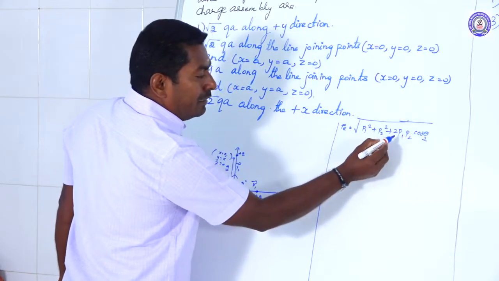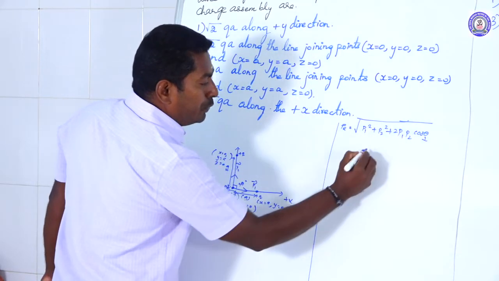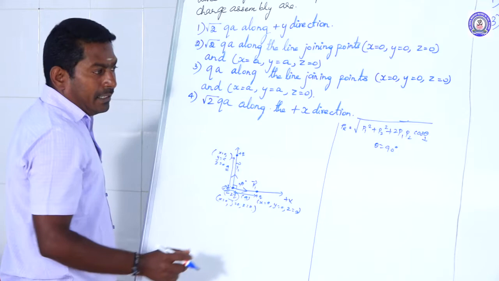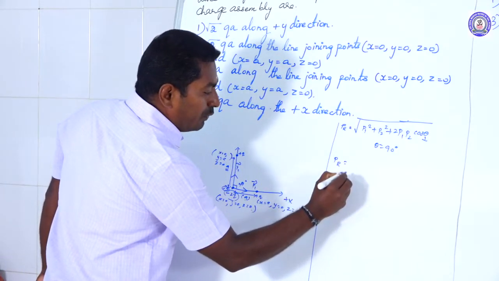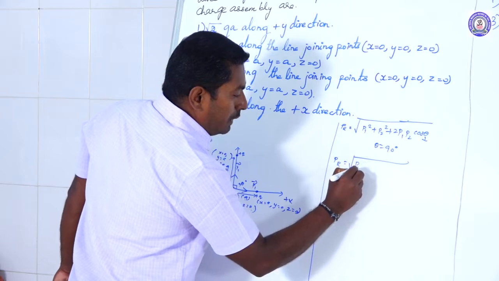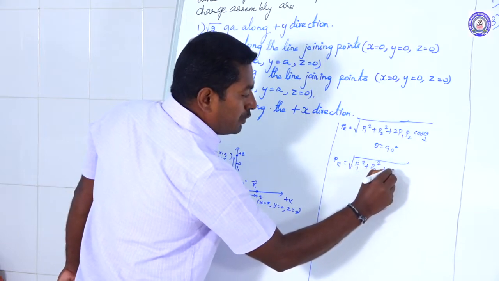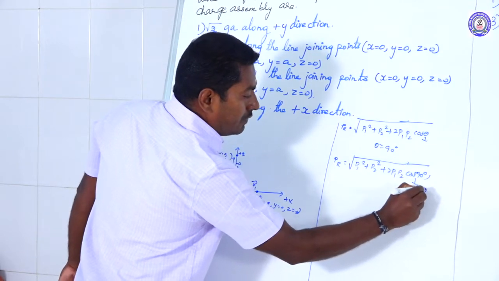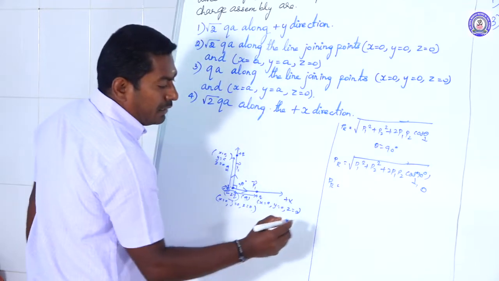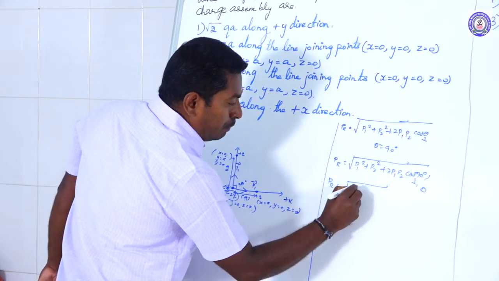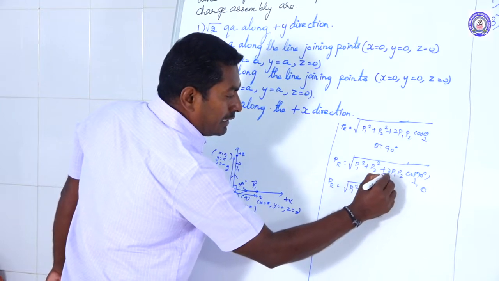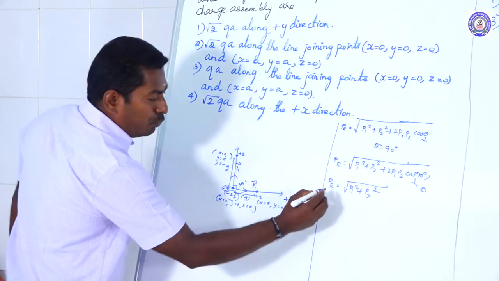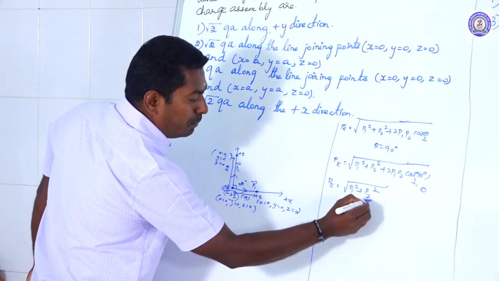Here theta is the angle between the direction of P1 and the direction of P2. Theta is equal to 90 degrees; the P1 vector and P2 vector are inclined at right angles to each other. Then the resultant magnitude of the electric dipole moment is the square root of P1 square plus P2 square plus 2 P1 P2 cos 90 degrees. Cos 90 value is 0, so this entire term becomes 0. Then the resultant magnitude of the electric dipole moment PR is equal to the square root of P1 square plus P2 square.